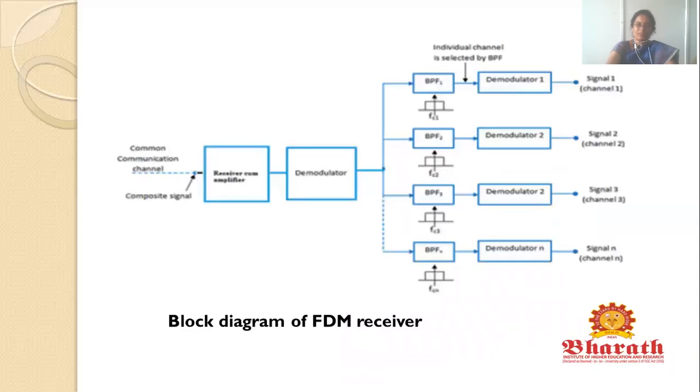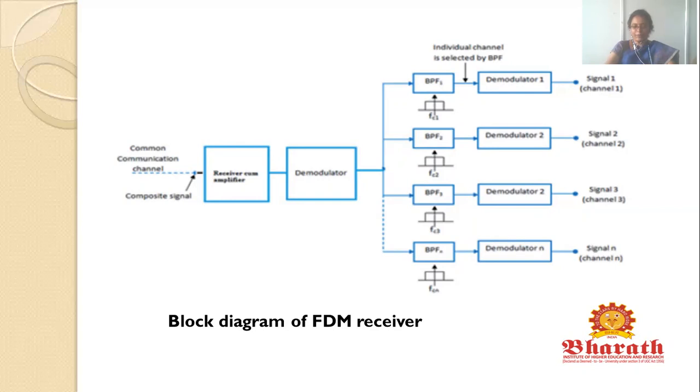And this is the block diagram of the frequency division multiplexing receiver. This FDM receiver shows the concept of demodulation of the FDM signal at the receiving side. In this, the antenna receives the multiplexed modulated signal from the transmitter. This signal will be weaker at the receiver side, so it is necessary to amplify the signal. Once the amplification is done at the initial stage of the receiver, this amplified signal is forwarded to